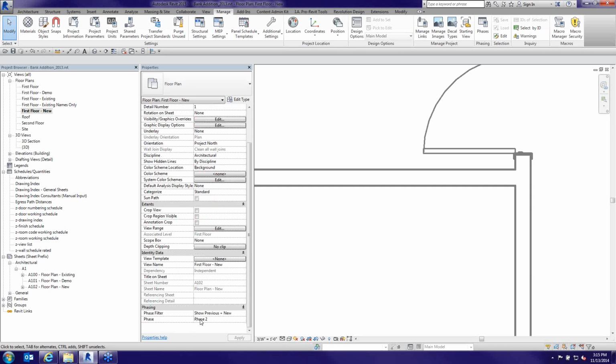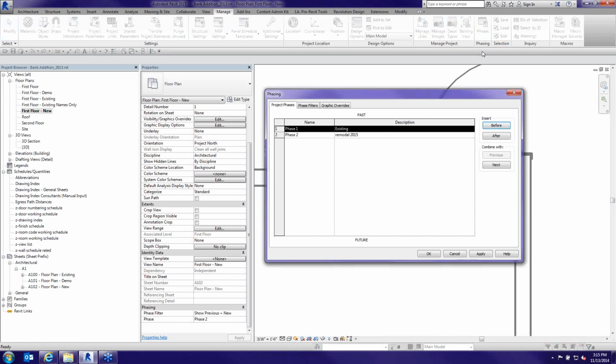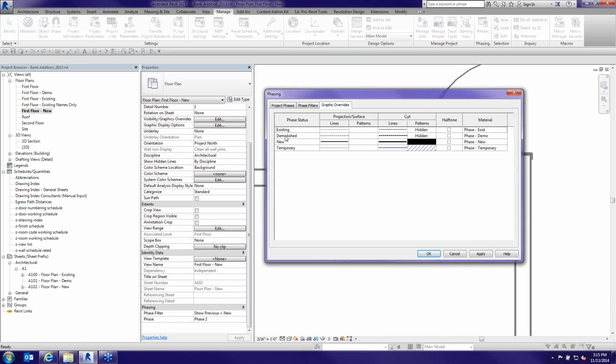So if I had phase 1, 2, 3, 4, and 5, an object created in phase 1 is existing in 2, 3, 4, and 5. An object created in phase 3 is only existing in phase 4 and 5. So it's any object that was created in a previous phase that gets the graphic override or gets the definition of existing. Now a demolished object is an object that was created in a previous phase but demolished in the current